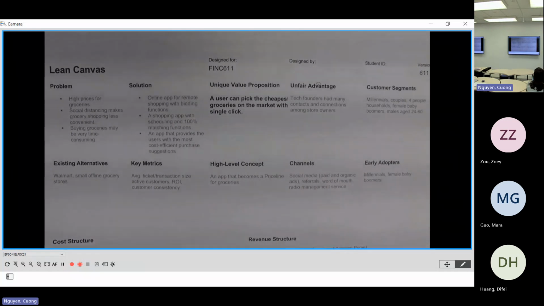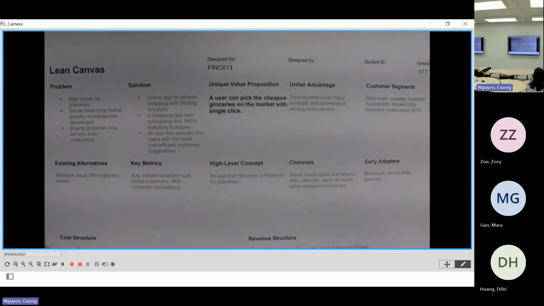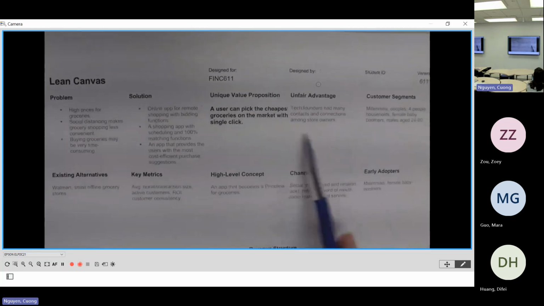All right, so is this clear? Remember that you are provided with a form that you just type in, and make it so that it's easy to read. Good. Any questions?